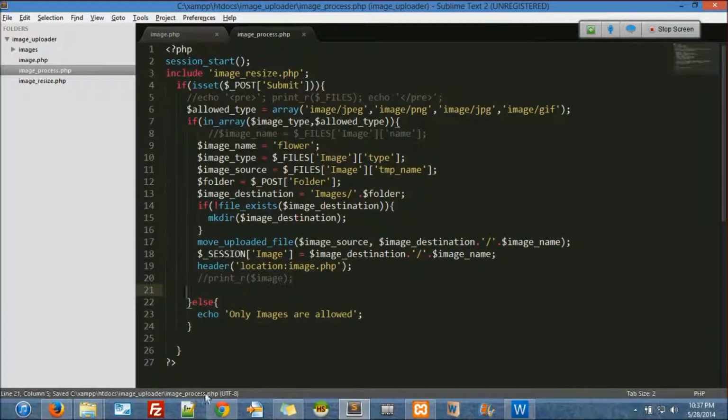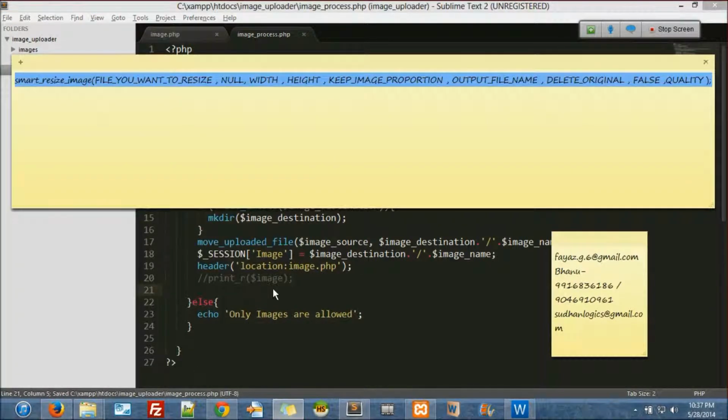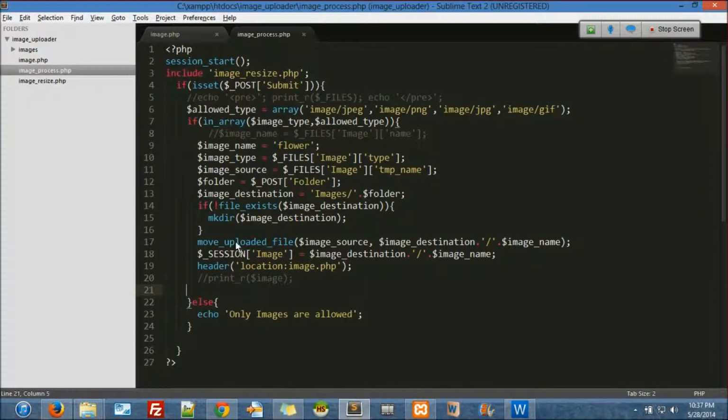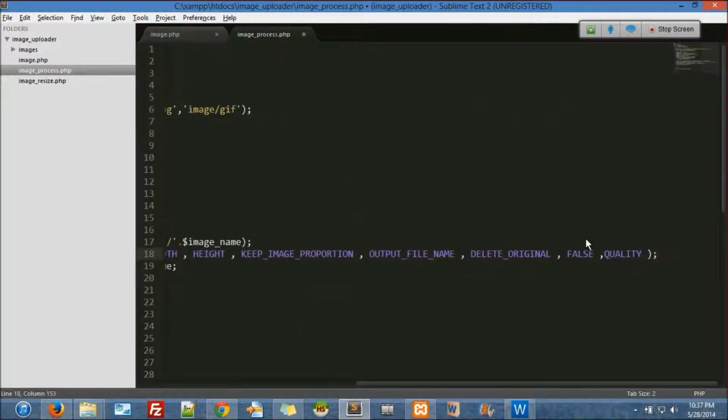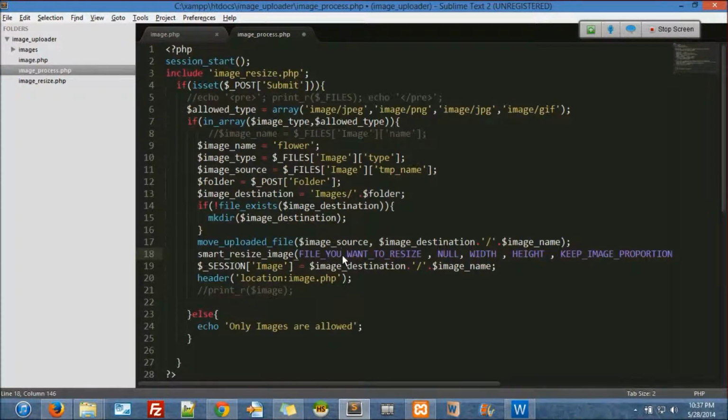Okay, so I come back here, you copy this. So after everything is done, okay, this is the thing we are supposed to do. Okay, so here, which file do you want to resize?